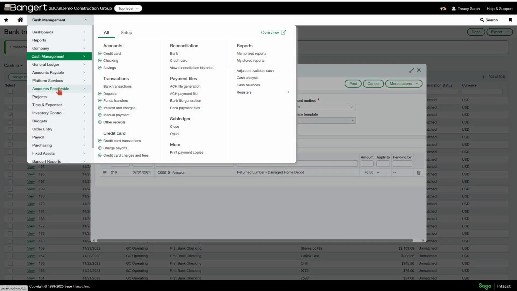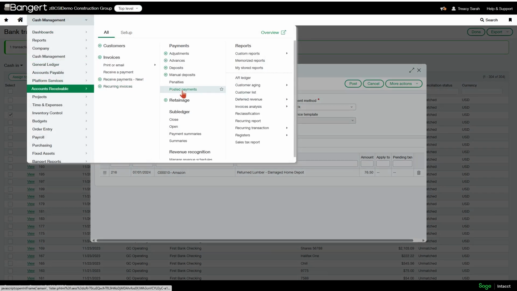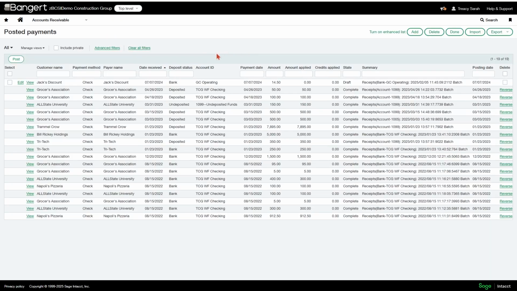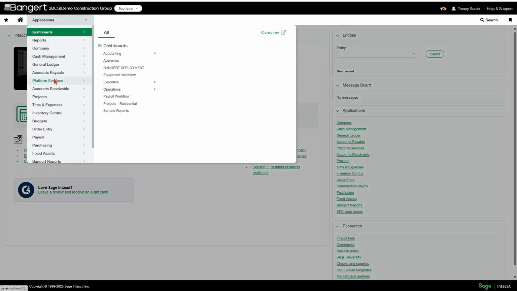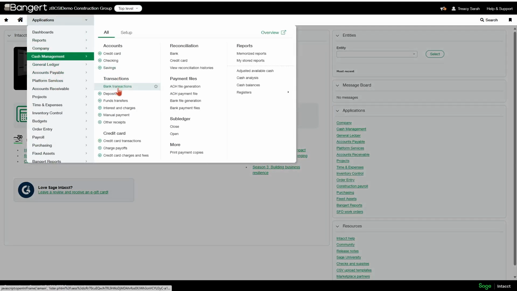And then in your accounts receivable module, if you click into posted payments, you can mass select all of your drafted ones and you can post them. So from this posted payments page, this is where you would select and post, or you can select it over here and delete it if you need to make changes to it, or if you're not ready to post it through. So that is some new functionality for R1, is the ability through your bank transactions to draft customer payments.